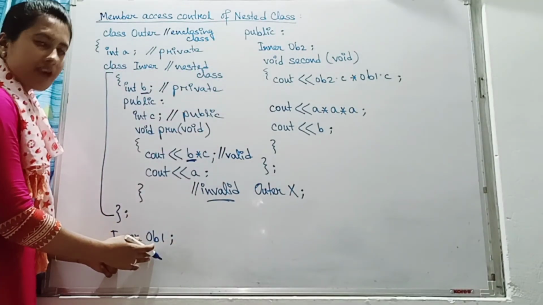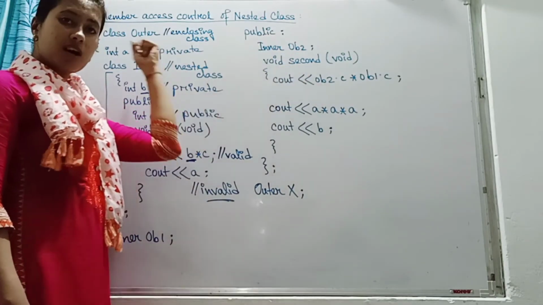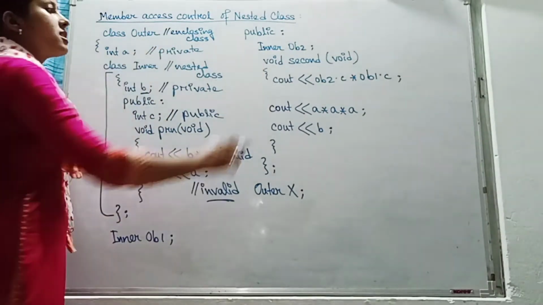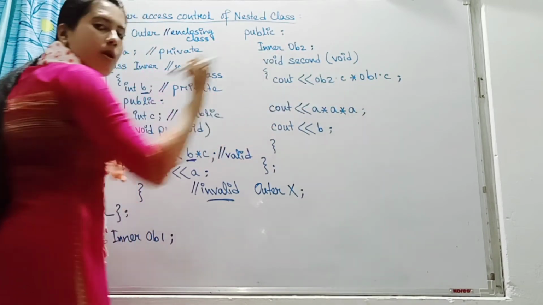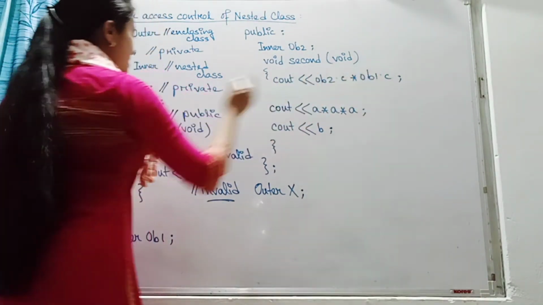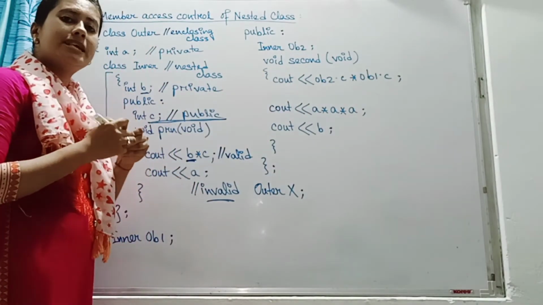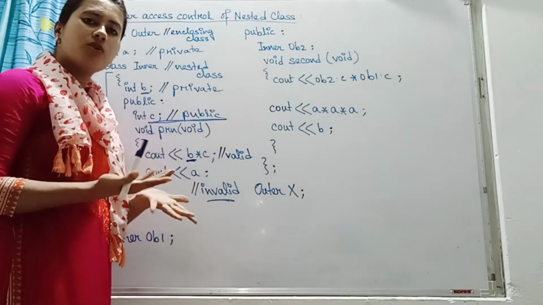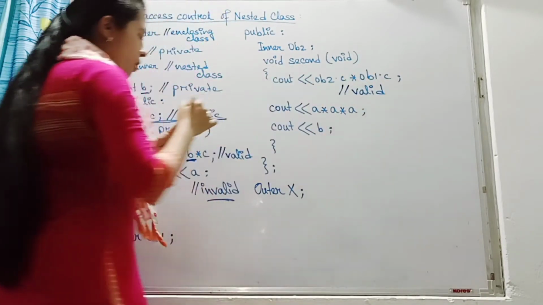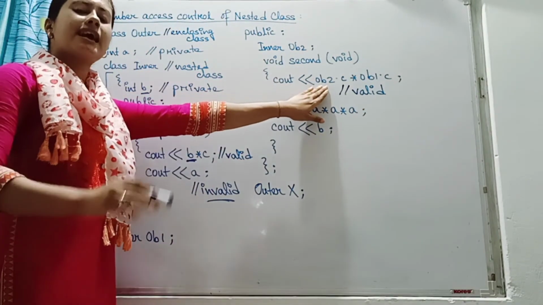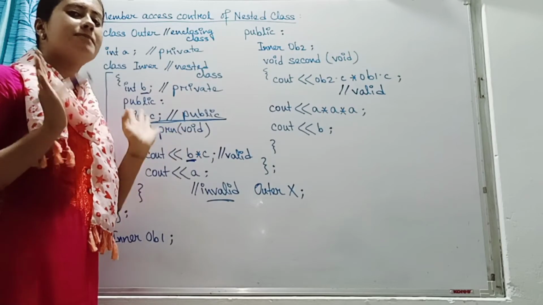And this is under the private section, and under the public section we have defined another object, and this is the function of the outer class. This function belongs to the outer class and it is accessing C, once through object 1 and a second time through object 2. So C is defined under the public section, and a public data member we can directly access through the object. There is no problem. So this statement is valid because an object of a class can directly access the public data member. Since C is public, it can be accessed directly.